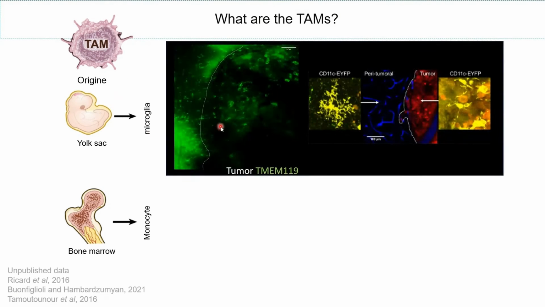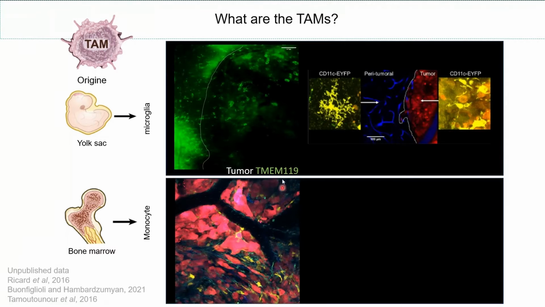These microglia cells are found in the parenchyma, and they invade the tumor at early stages. This homeostatic microglia is highly branched, and when they enter the tumor, the cells become amoeboid. And